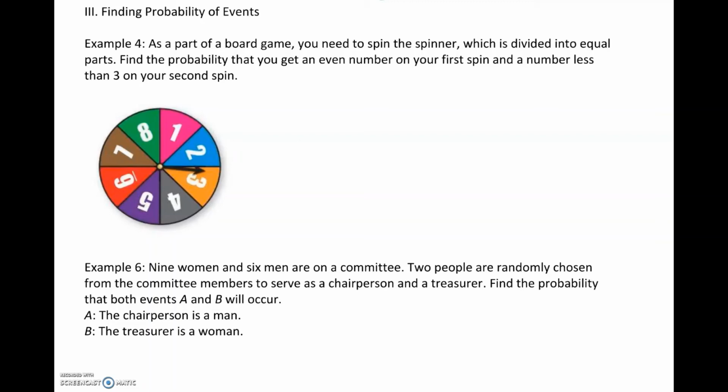So if you take a look at example 4, as part of a board game, you're going to spin a spinner, which is divided in equal parts. So that means every part is equally likely, right, to be an outcome. Find the probability that you will get an even number on your first spin and a number that's less than 3 on your second spin. So the first thing I'm asking myself, okay, if my even number on the first spin is A, and a number less than 3 on the second spin is B,